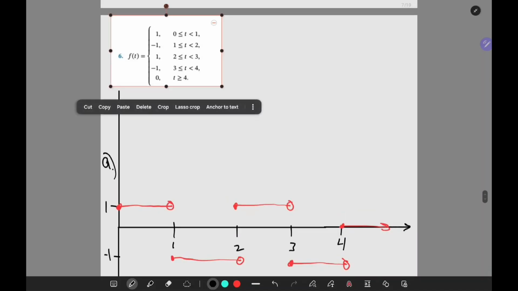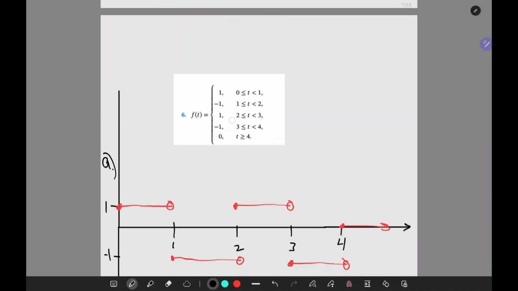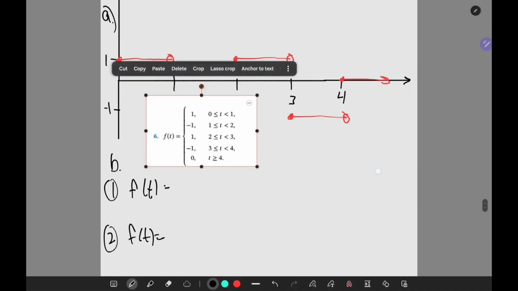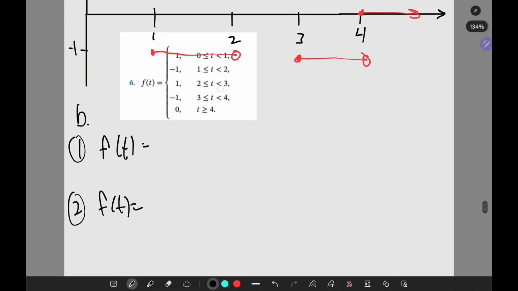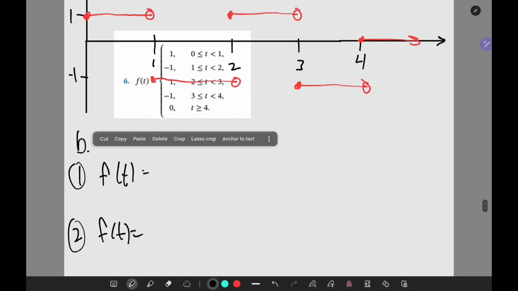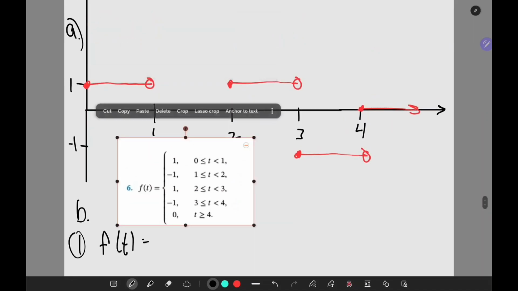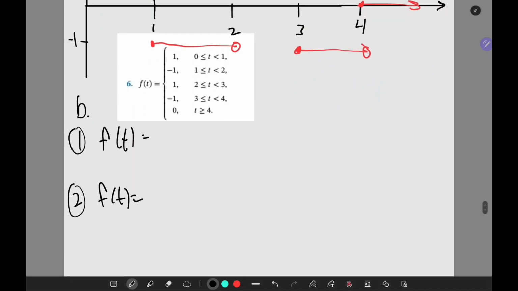I need to copy that. Yeah. Or I could just move it down really quick. So, part B. Oh yeah, look at that. I can just, the graph will overlay it, but, all right. We have